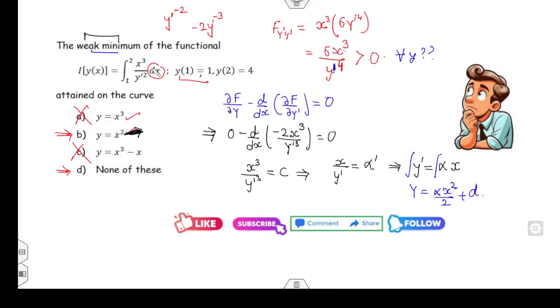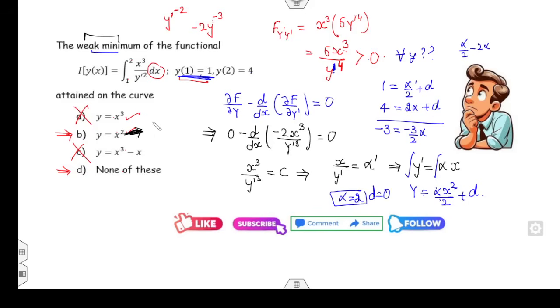तो आप देखो y of 1 जैसे 1 करोगे, y of 1 इज 1, 1 इज इक्वल टू अल्फा/2 प्लस d, y of 2 इज इक्वल टू 4। फाइन, सो 4 = 4अल्फा/2 प्लस d, दोनों को माइनस कर दो, -3, सो अल्फा/2 माइनस 2 अल्फा, 4 - 1 = 3/2 अल्फा, अल्फा विल बी 1। और जैसे ही अल्फा 1 आया आपके पास, d की वैल्यू आपकी हाफ आ गई। देखिए कुछ गलती हुई है आपकी, नहीं ये गलत हो गया ना, d इधर से 2 आ रहा है और इधर से हाफ आ रहा है, तो कैलकुलेशन एक बार क्विकली से चेक करते हैं। यस अल्फा इज 2, सॉरी ये अल्फा 2 आएगा ना। अगर जैसे अल्फा 2 होगा तो आपका d 0 हो गया। देखिए जैसे d 0 होगा अल्फा 2, तो y इक्वल टू x², d इज द राइट आंसर ऑफ द प्रॉब्लम।